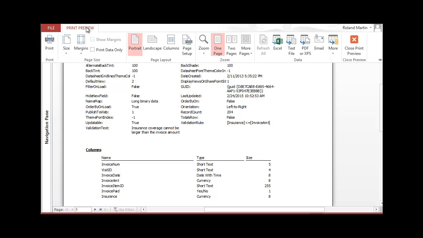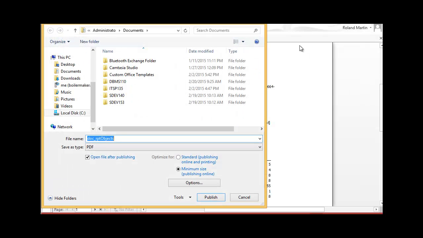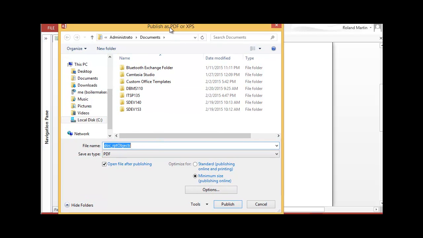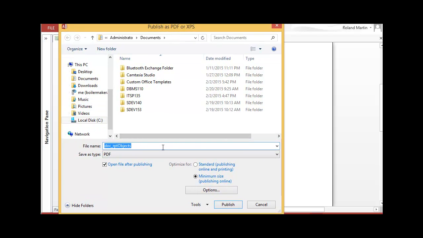And we are going to save this as a PDF file. So in our print preview tab here, let's go down to our data group and let's select the PDF or XPS. Go ahead and click it, and now you see we have the ability to change our file, save it as a PDF file. Go ahead and type in the file name clinicdocument.pdf. We don't really need to type the .pdf because that file extension will be created after the file is published, because we already have that being saved as a PDF. So go ahead and hit publish,